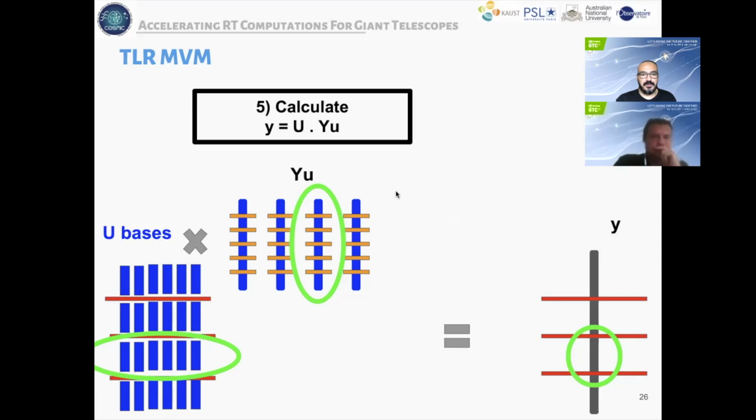And again, here, what we do is another batch matrix vector multiplication that involves now the U basis with this intermediate YU matrix. The result of that operation is our final Y vector. This is the command vector that will be sent to the actuators. So if you look at it, this new tile rank matrix vector multiplication relies on those cuBLAS batch GEMV operations. And there are two of them, two phases that involve those batches. And this is where we need to optimize this kernel to make sure it runs close to the peak bandwidth